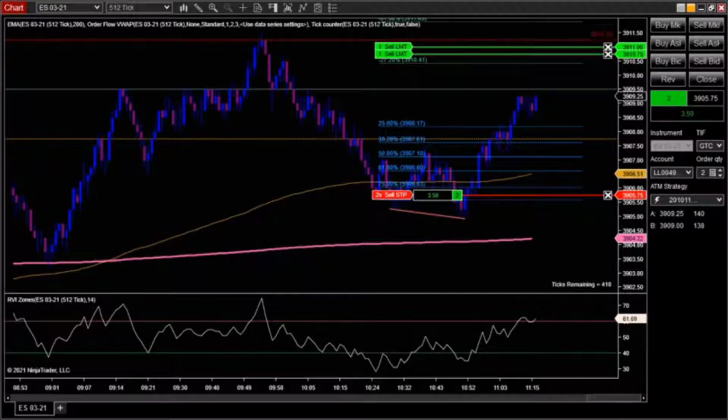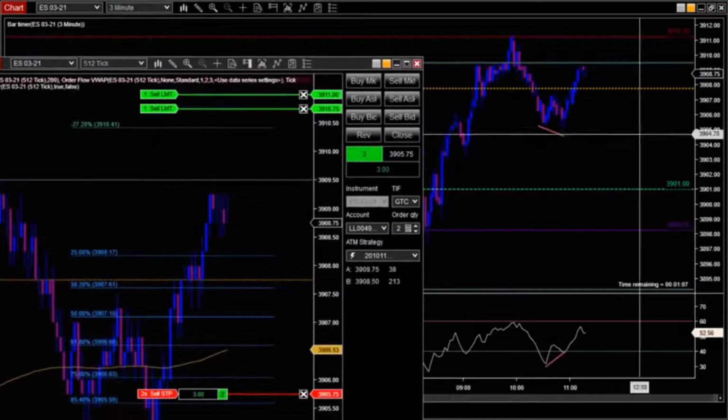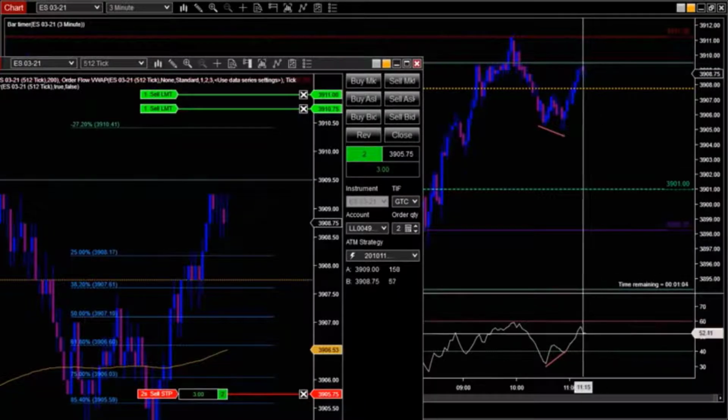We want to see this push within the next 5 seconds, because this is when the 1 minute bar is going to close, and they seem to be having trouble. So now we do have a little bit of a sign of exhaustion on the 512 and the 1 minute. 3 minutes still looks like we're going to push to make a new high and then potentially have a